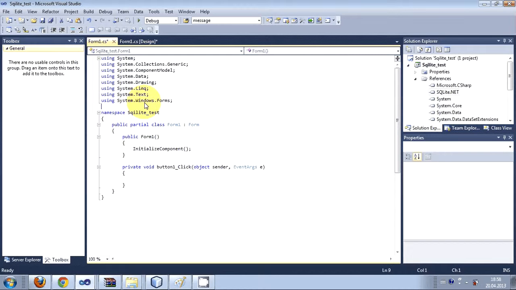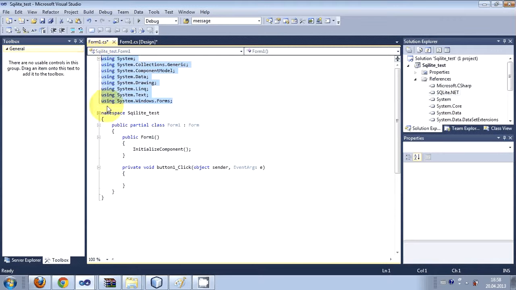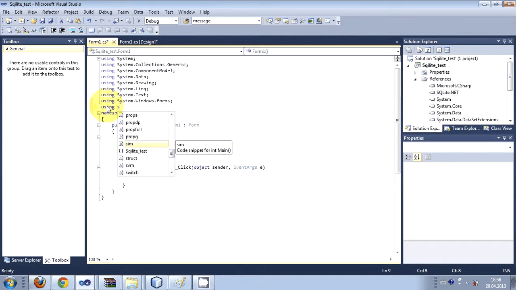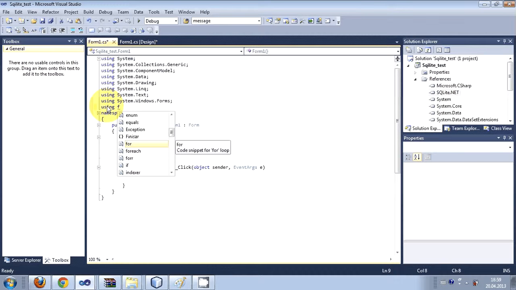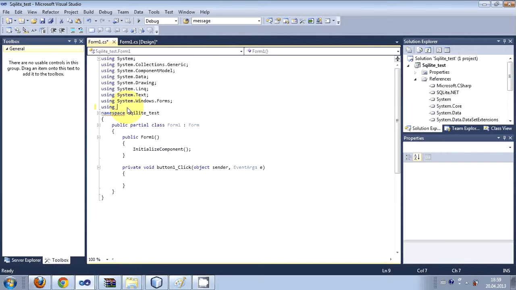Go at the top where all the using imports are, and write using, not System, but write using Finisar.SQLite, this SQLite file, import it. And now in the code section of your button click event,